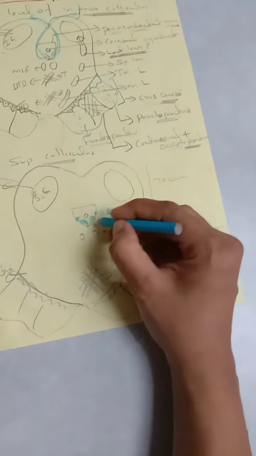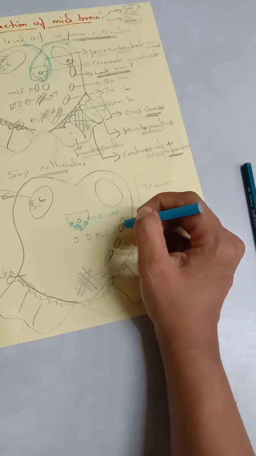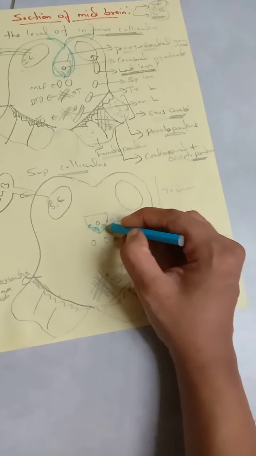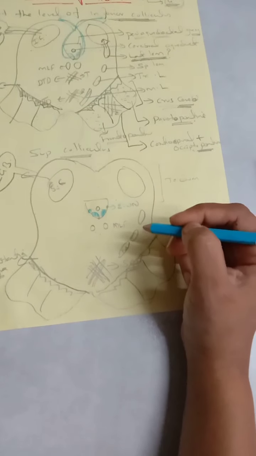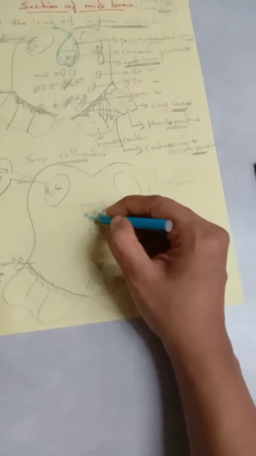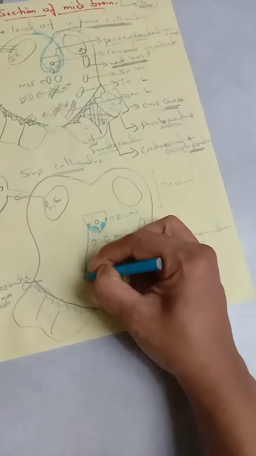Edinger-Westphal nucleus, which will be carrying what? Parasympathetic fibers to which ganglion? You remember ciliary ganglion. Edinger-Westphal nucleus. You have what here? Oculomotor nucleus and Edinger-Westphal nucleus. So the oculomotor nerve, from these two, it will be carrying fibers and literally it will be emerging like